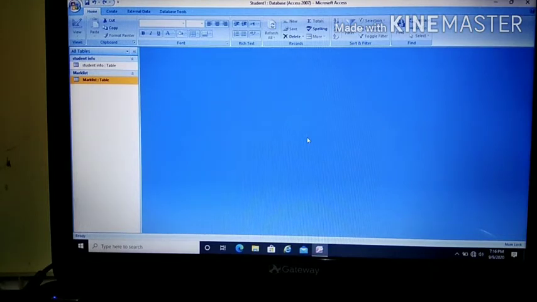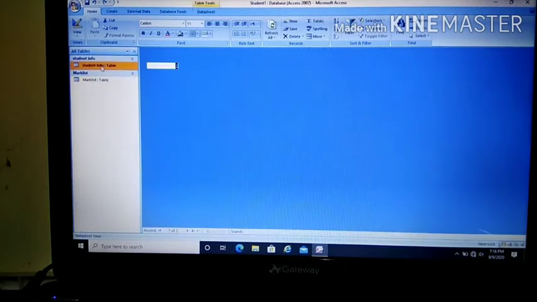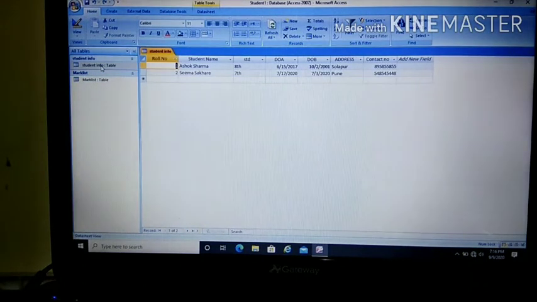Here you can see on your left side a student info table is there and a mark list table is there. Means in this database, we have 2 tables, which are already created. Now, how to open the existing table? Just click on that table, whichever you want to open. Then that table will open in your datasheet view. Always remember, whenever you open any table, it will open in your datasheet view.